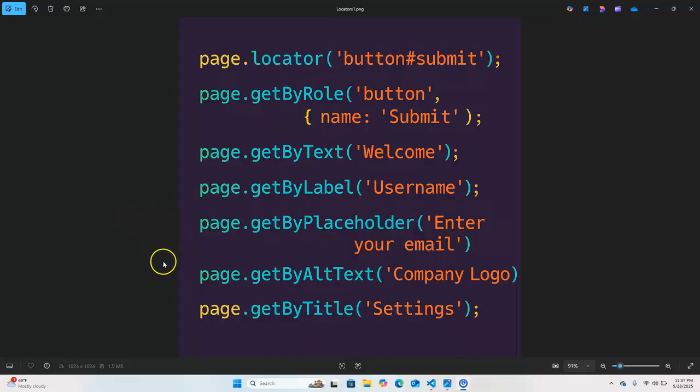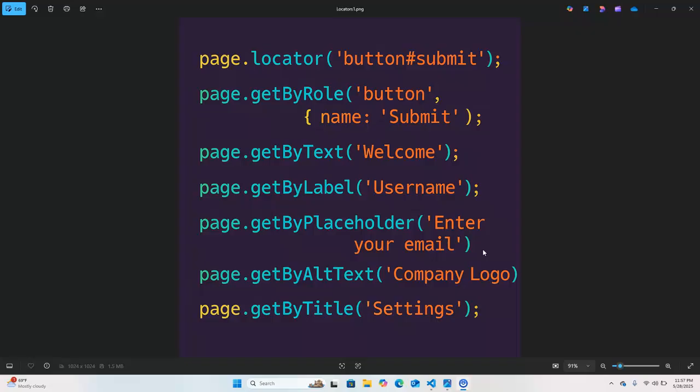Next one is page.getByPlaceholder. Whenever we want to find a placeholder on the web page, we use page.getByPlaceholder. Sometimes we see the placeholder showing